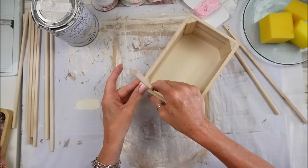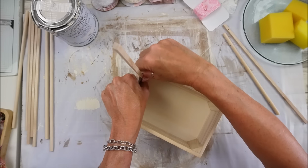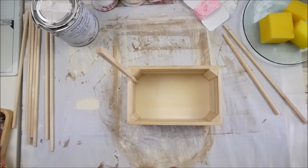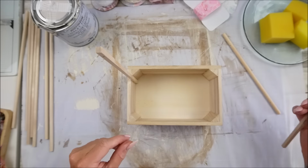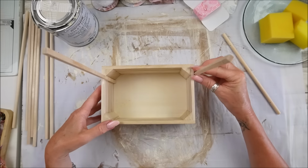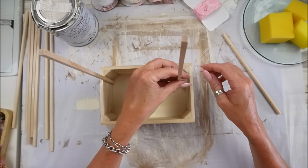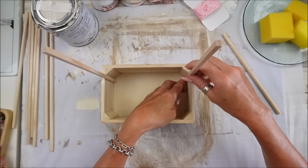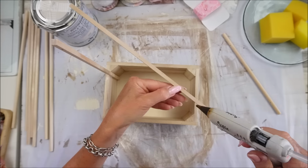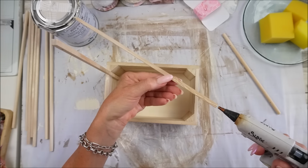Just rub that off. So hopefully that will stay together. A little bit of glue gun poking out will be fine. I'm going to do the same with this side, just there. I was just thinking about doing it on the outside so we could have a bigger little hangy, but I think it will just get in the way. So let's just glue gun down here, a little bit on the bottom,